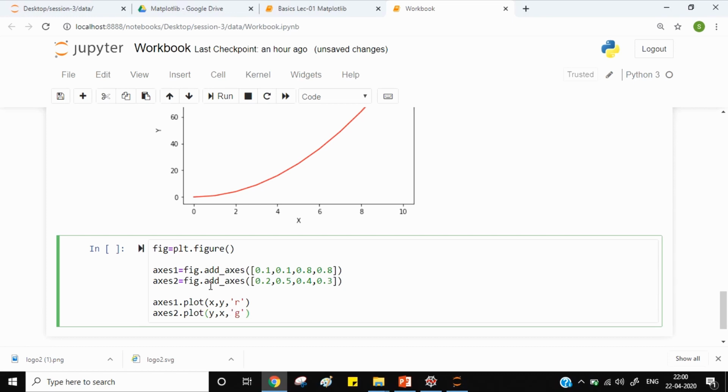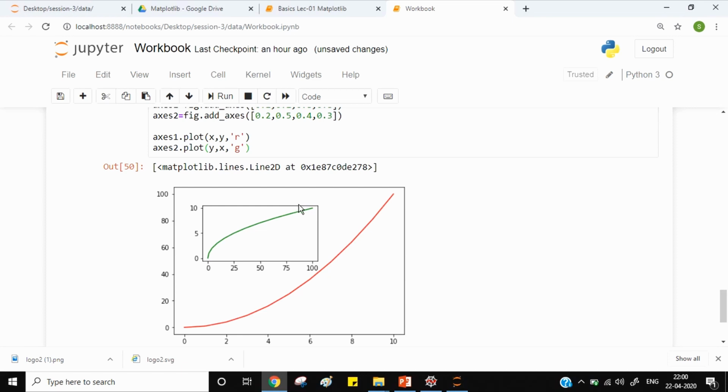Now before I run this piece of code, tell me, I have two plots, so will these two plots occur in the same box or in two different boxes? I hope you guessed it right. These two plots will occur in the same box. Let's see.